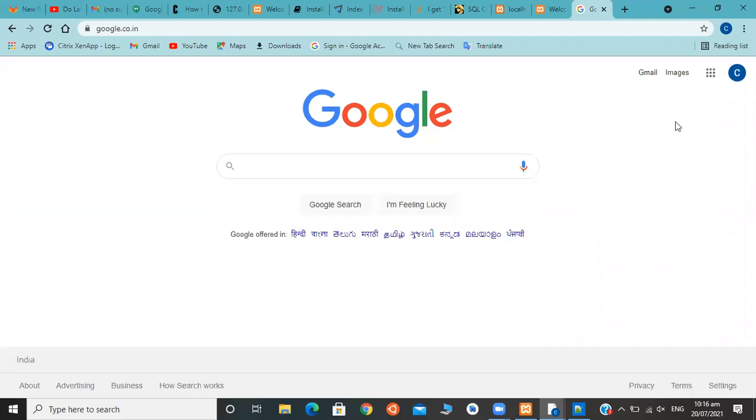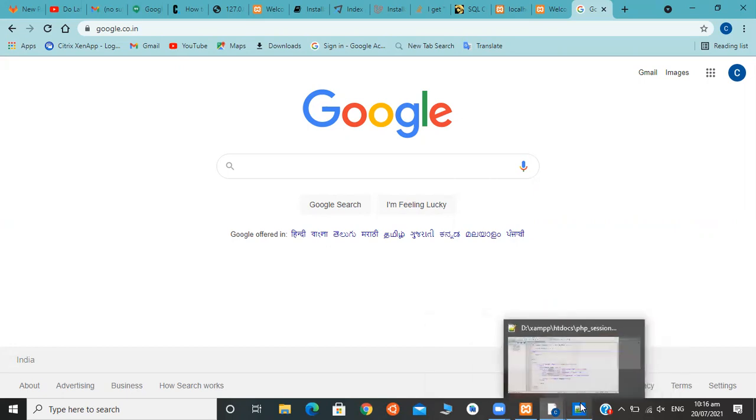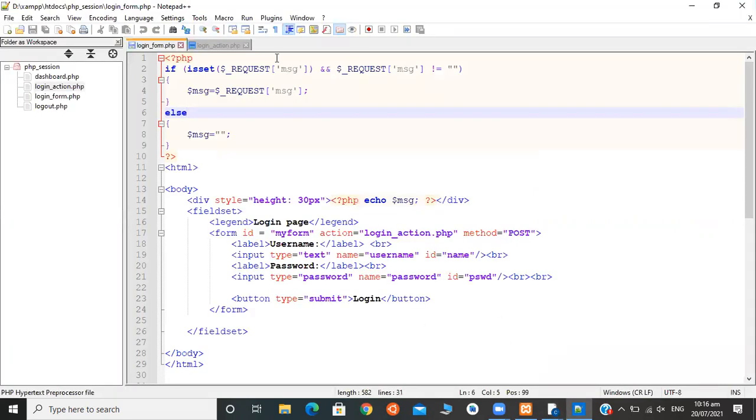After that, we store some data in the dashboard, and then we will make a logout page to log out from this session. So how are we going to do that? First of all, login form.php. I already created it, but I'll create it again.